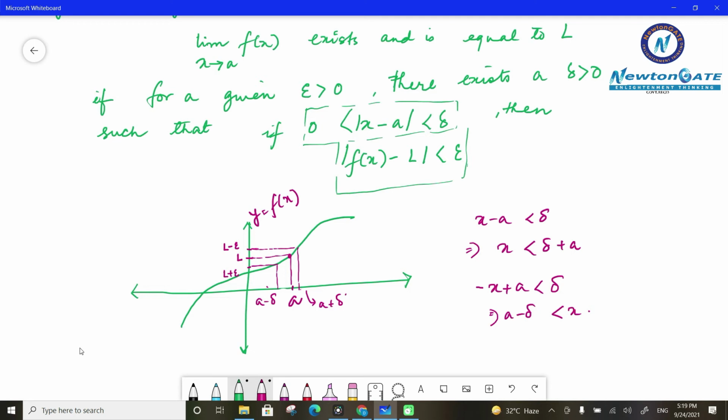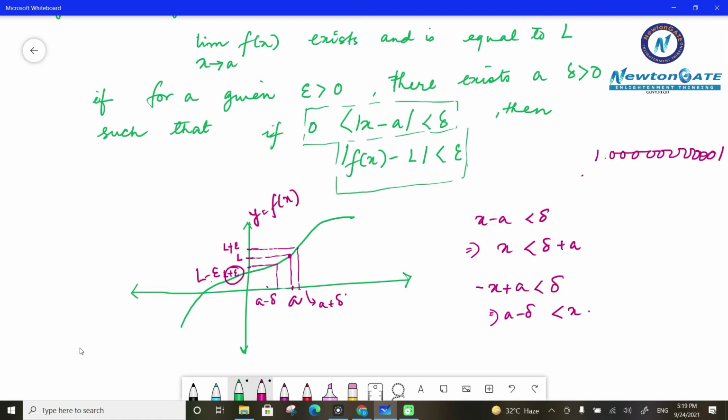तो L के ऊपर नीचे हो रहा है, not exactly L. L के ऊपर नीचे हो रहा है, but I can jot it down and I can say that वो significantly, this is so small that we can take it as L also. That means maybe L, if it is maybe 1, then L minus and L plus are so small that it doesn't make a difference. Maybe L plus, that actually this will be L plus and this will be L minus. Okay, so L plus, it's so small, maybe around like this.